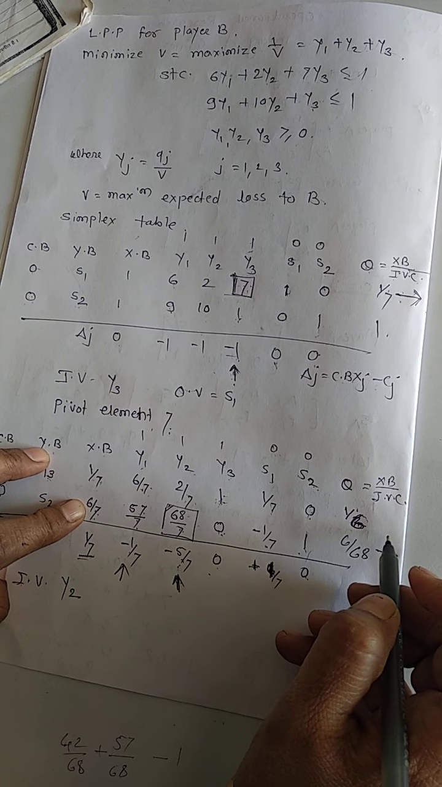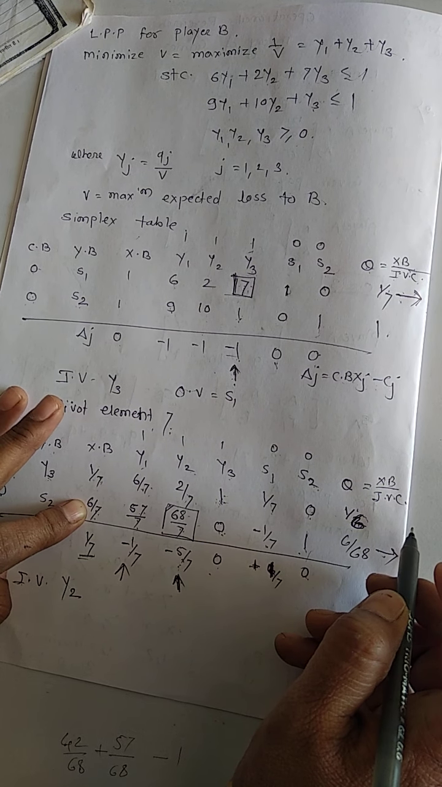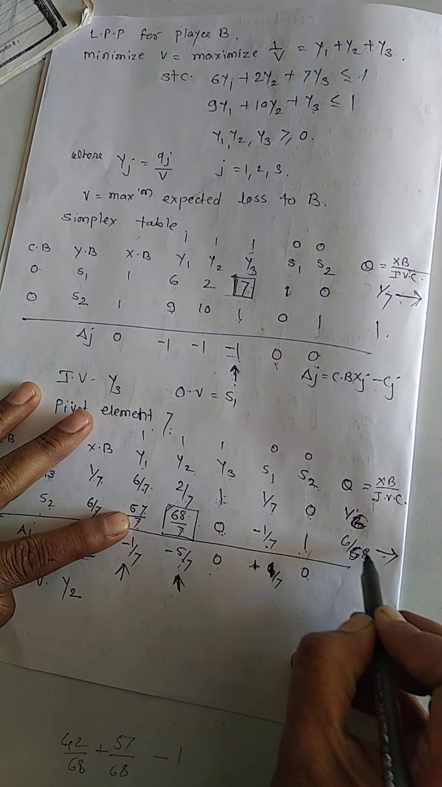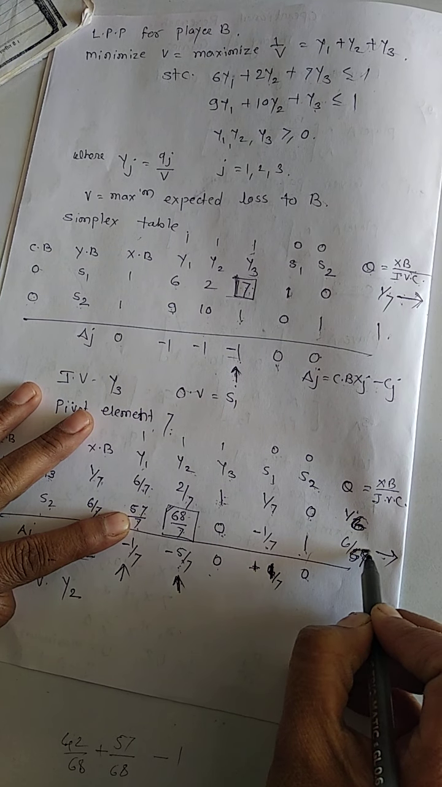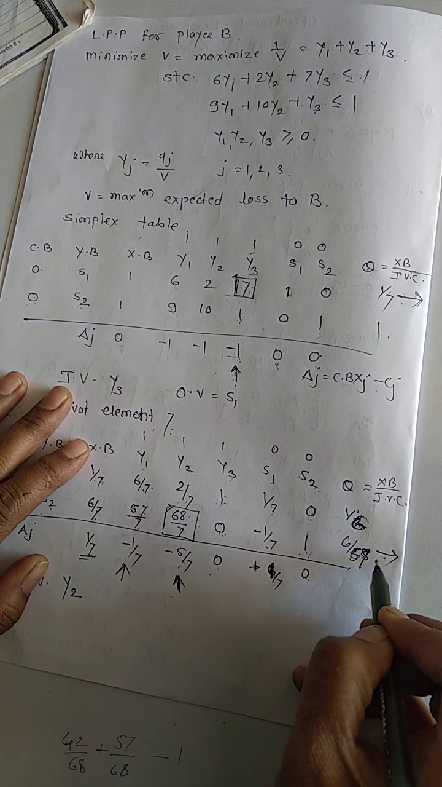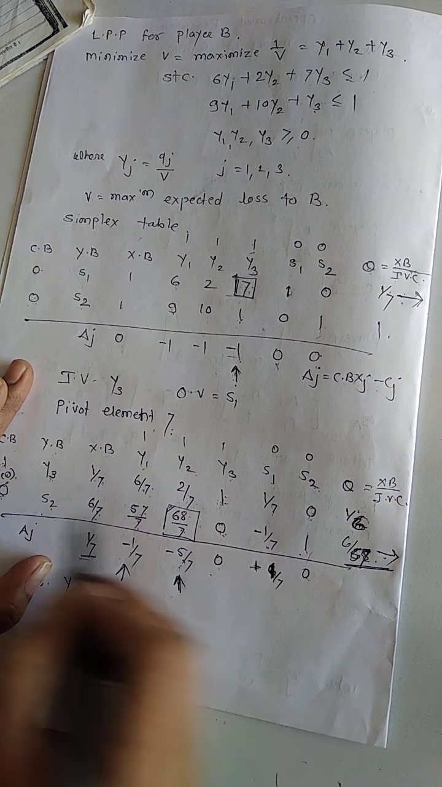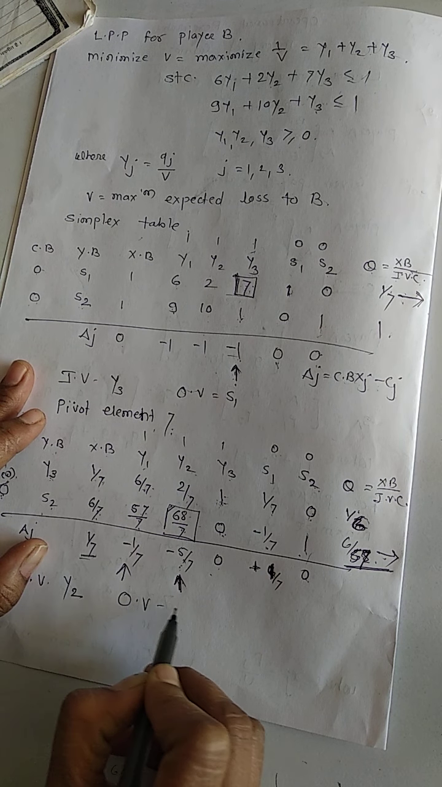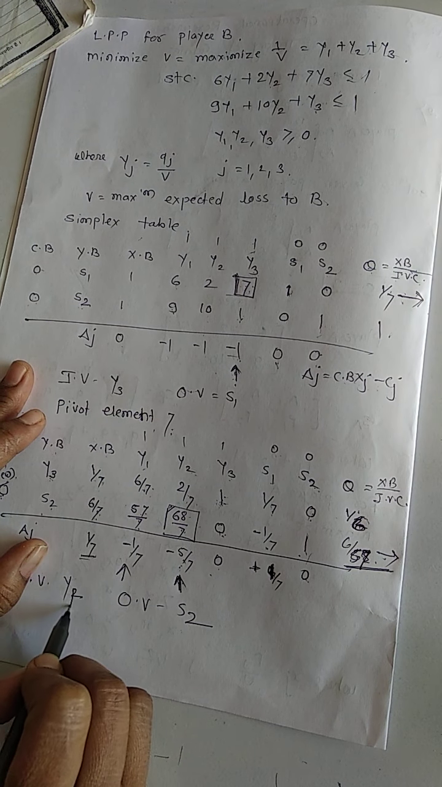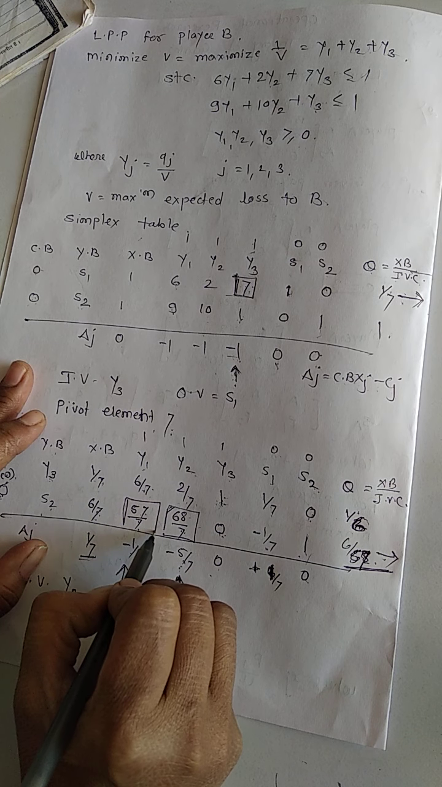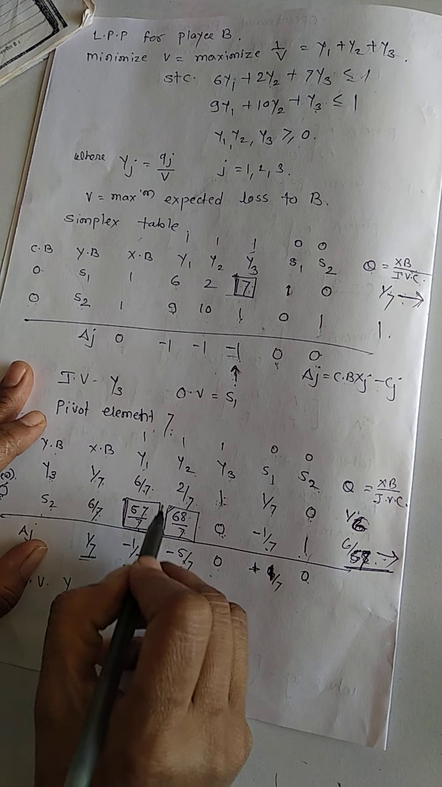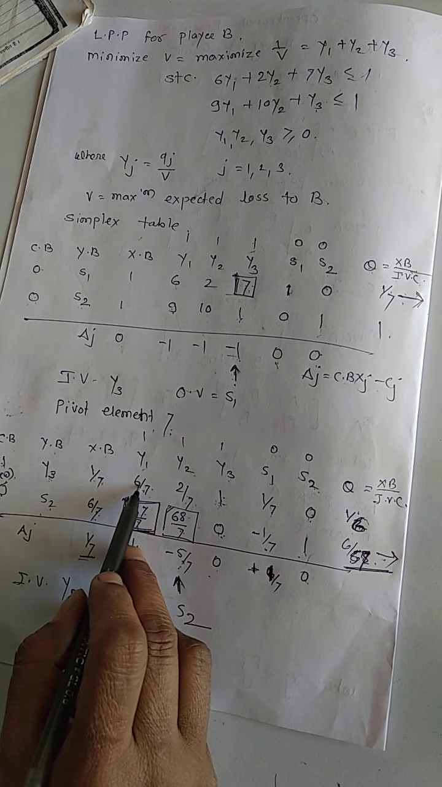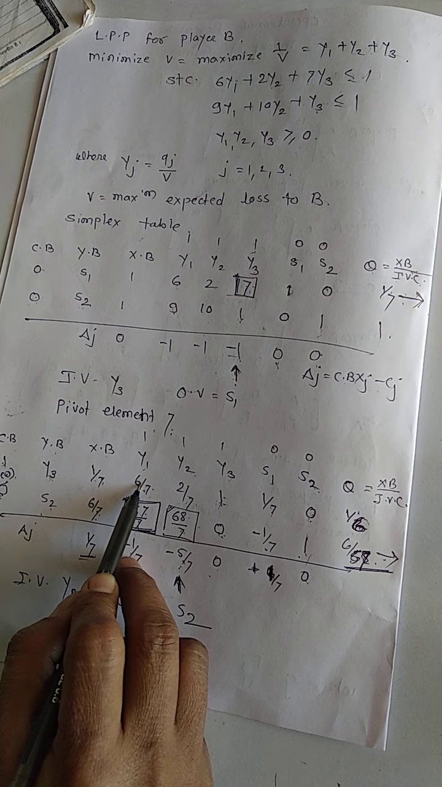And second, 6 by 7 upon 57 by 7, that is equal to 6 upon 57. And intersection of this positive is this element. Then S2 is outgoing. Outgoing vector is S2 and incoming vector is Y1, and therefore here we use pivot element of this. This is the pivot element. And become this 1, and above this 0,